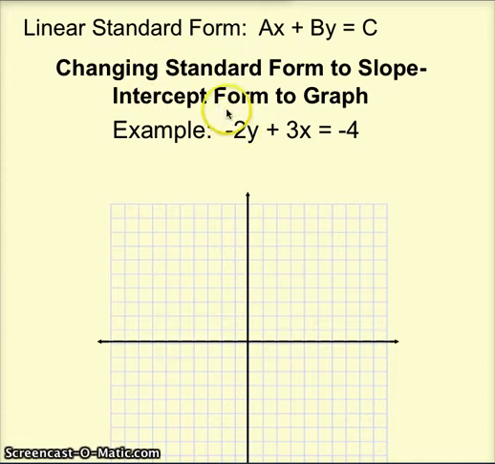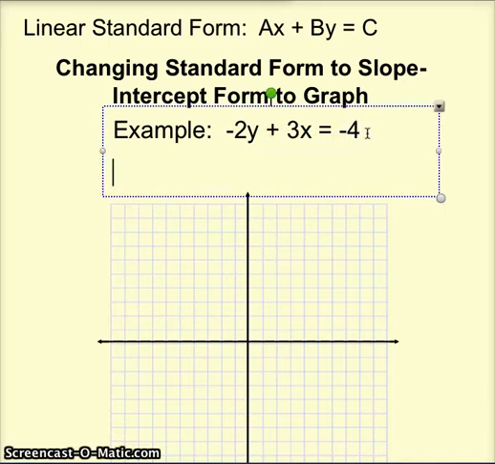So you see, when you have an example like this, our goal is to get y by itself because we want y equals mx plus b. So we're going to try to get this in slope-intercept form. So the first thing I'm going to do to get y by itself is get rid of the 3x by subtracting 3x on both sides. So I'd be left with -2y equals